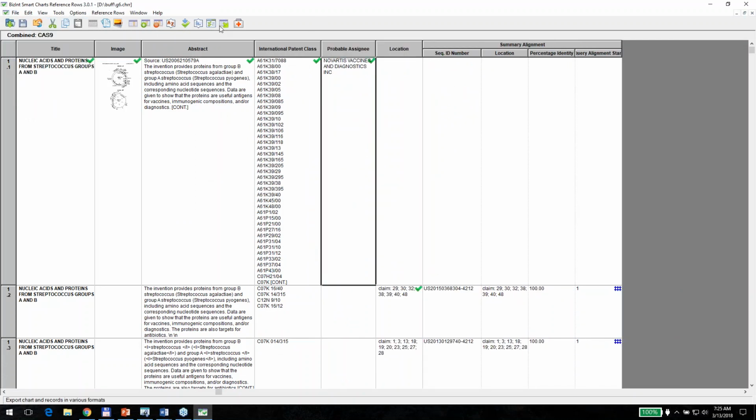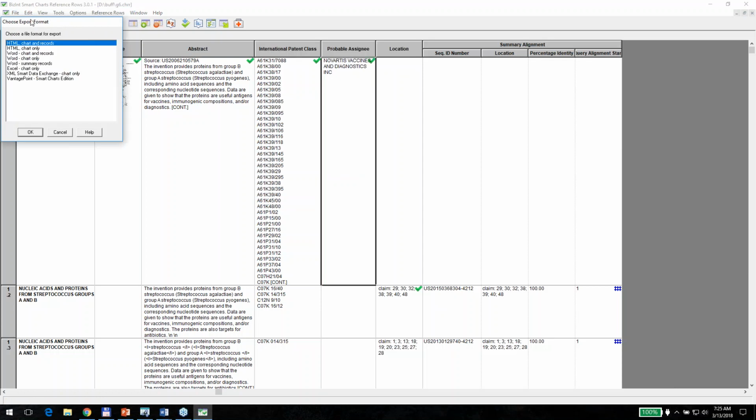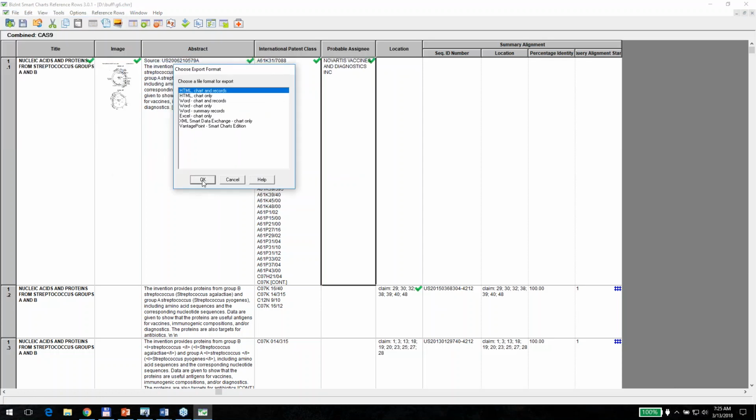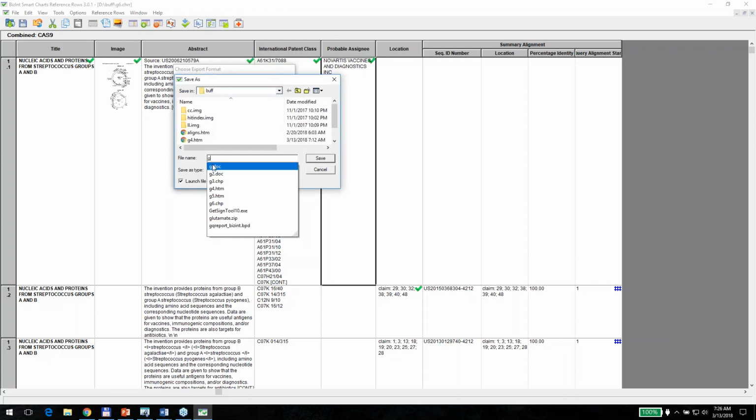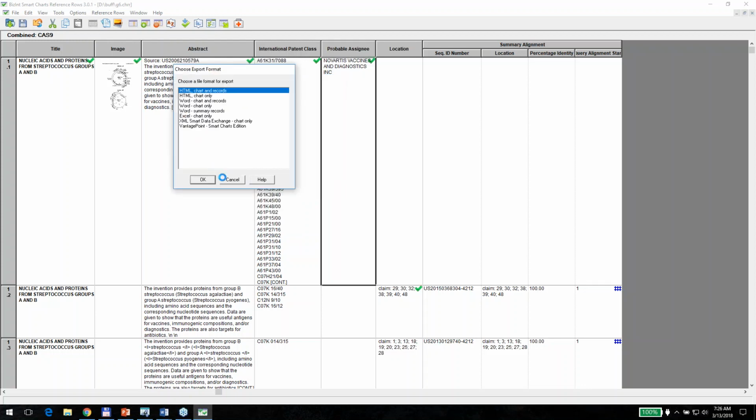Now, I'm going to export this first as HTML, and I'm going to actually include the first backing record. Remember, BizInt Smart Charts has behind every row a record, and there's a new option available in reference rows for the first record, the link for the first record to sit on the title, sit on the first column. So we hit OK. And what we see now